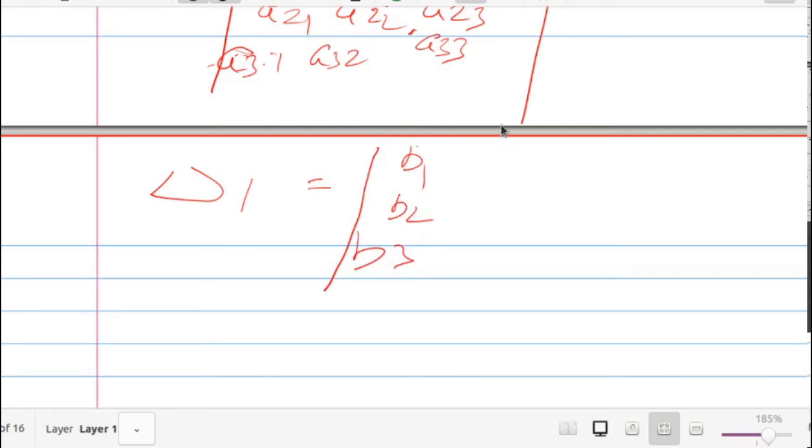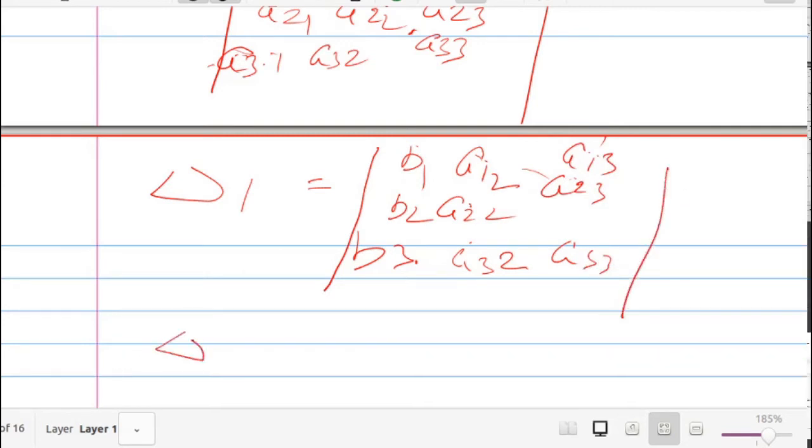Basically for the coefficients of the first variable we are replacing the values in the right hand side, and here it will be a12 as usual, a22 and a32, this is a13, a23, a33. So this is delta 1,